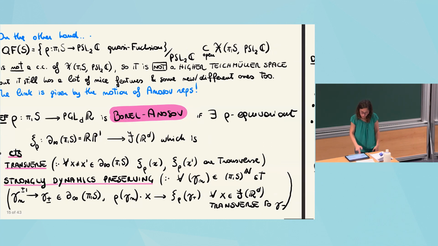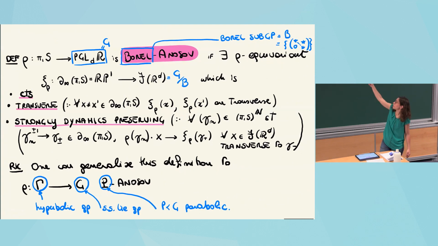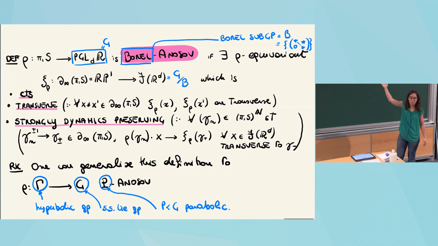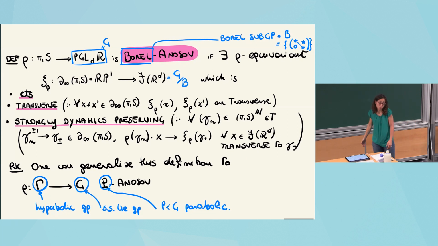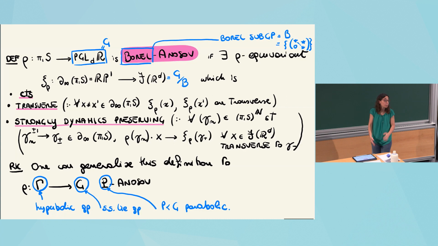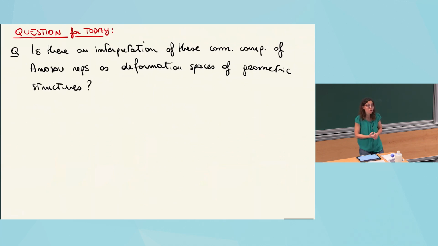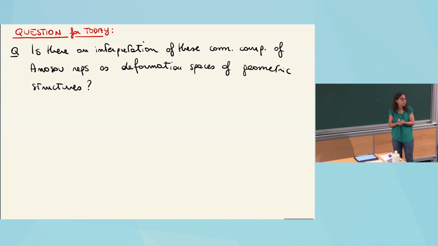Okay, so as we discussed already, this is just a particular case. You can generalize the group, not just one of S, but a word hyperbolic group. You can generalize the target space. You can generalize the parabolic that you take. Okay, so now the question that we will focus on today is, can we interpret this nice connected component as